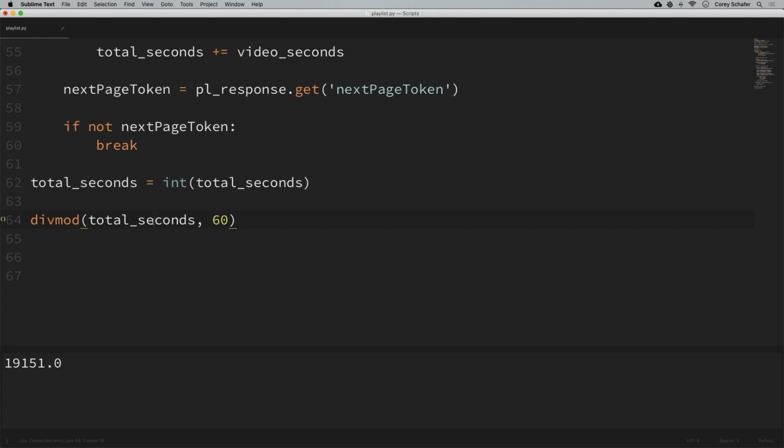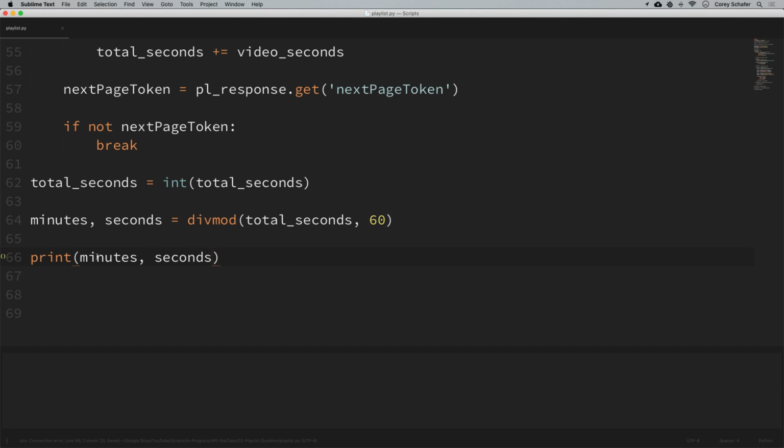And the second value is the remainder, which would be the number of seconds. So just to show what this looks like, we can say minutes and seconds is equal to that returned tuple. Just to show you what this returns, this is taking roughly 19,000 seconds. If I print out the number of minutes and the number of seconds, then what divmod did here was say, okay, 60 goes into that 19,000 number 319 times, which is 319 minutes, with 11